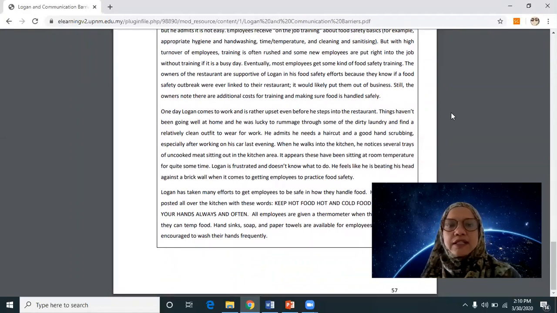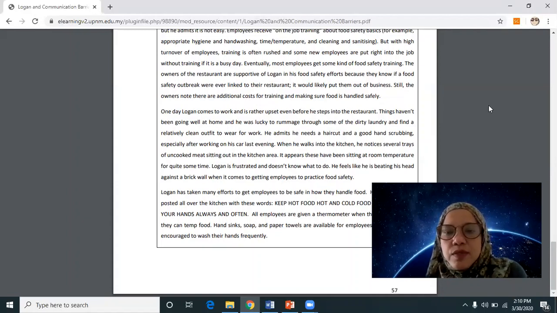One day, Logan comes to work and is rather upset even before he steps into the restaurant. Things haven't been going well at home, and he was lucky to rummage through some of the dirty laundry and find a relatively clean outfit to wear for work. He admits he needs a haircut and good hand scrubbing, especially after working on his car last evening.